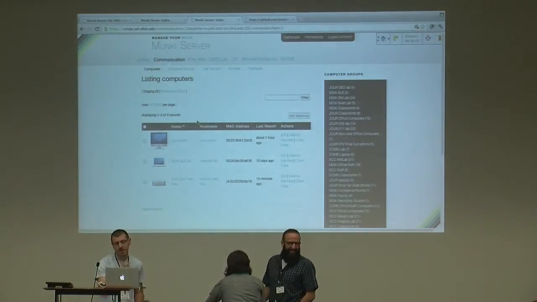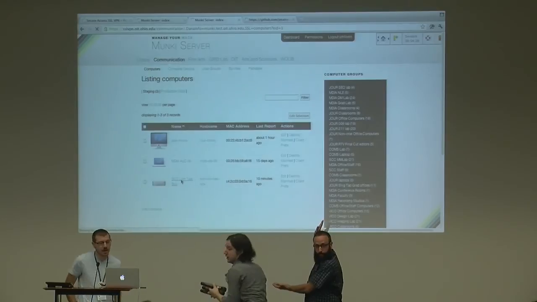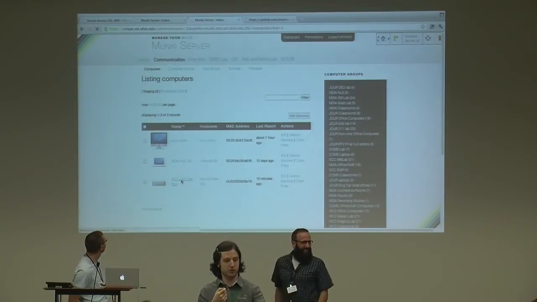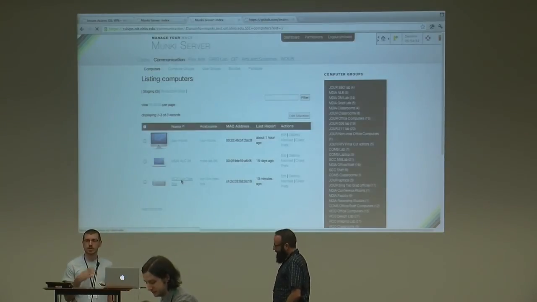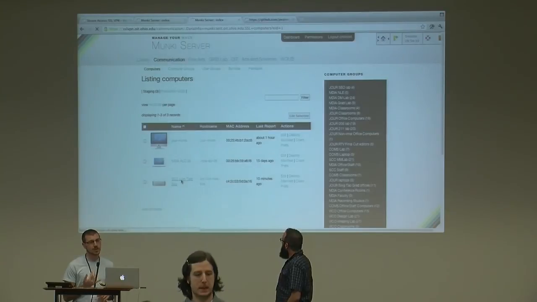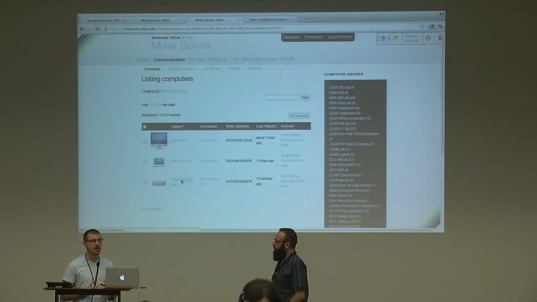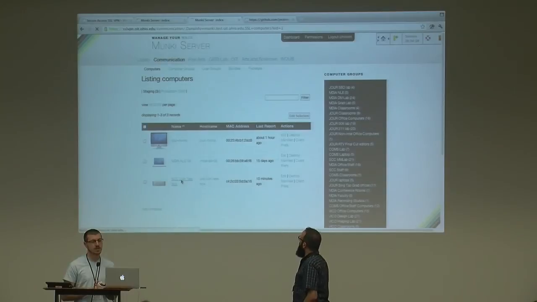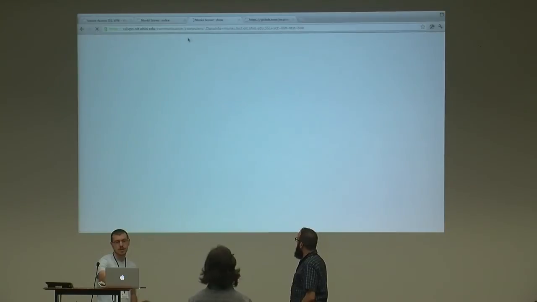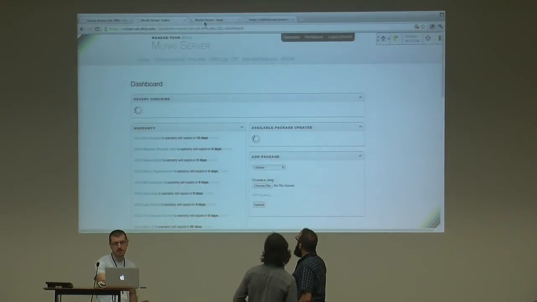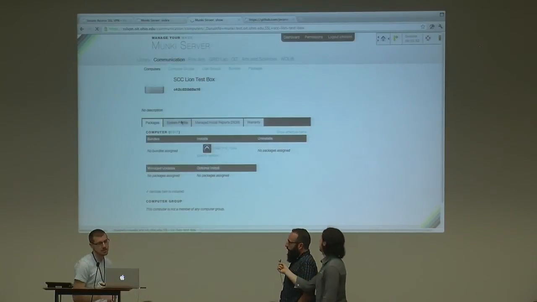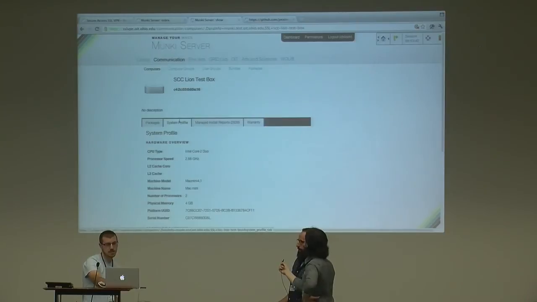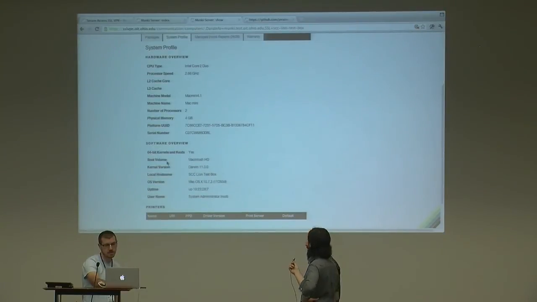So here we have three machines in staging for when we do Q&A. Very similar to the Munki report functionality. It'll post up reports, both of your system profile as well as the latest Munki run, and it'll keep track of what machines have installed what applications, if we can get that to work. And it'll also list packages. And along with the package theme here, another really great thing is the optional installs.